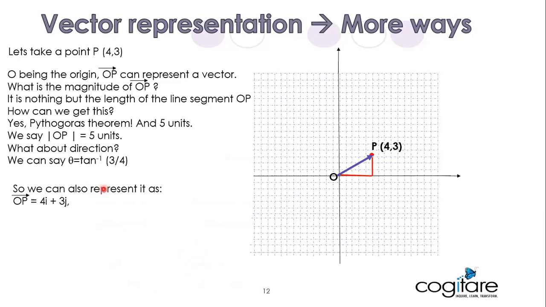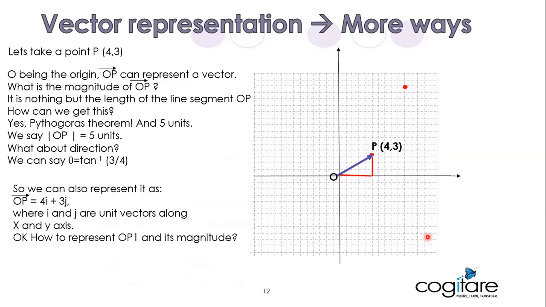So using this representation, I could say OP is 4 along x-axis, 4i, 3 along y-axis, 3j. And as we mentioned, i and j are nothing but unit vectors along x and y. Likewise, if I have a point P1, how do I represent that vector? I have OP1. OP1 is nothing but (10, 14). Therefore, OP1 would be